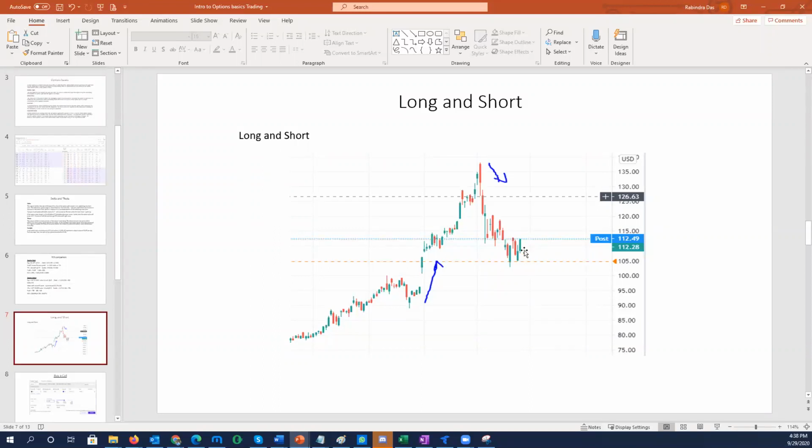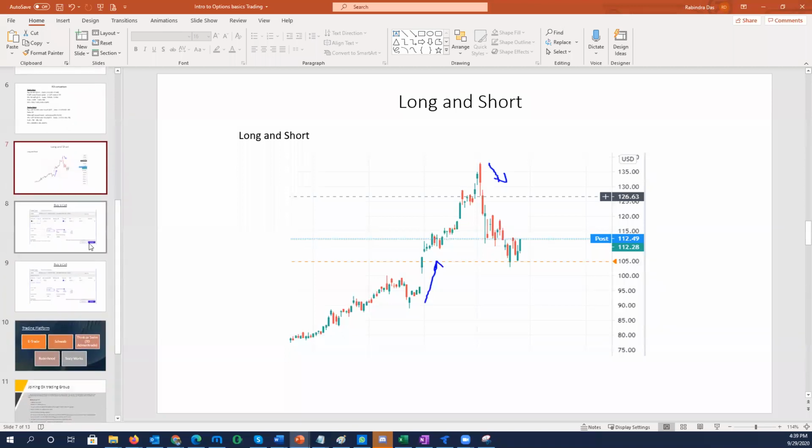and just wait for another entry, or don't short it. But right now, if some people did it at 112, they already made money on the 116 or 17. Again, it was down a little bit today. I have to check that. So it was, I think, 114 today. So already it's up. Okay. So if somebody got it here, they are already up 2 points or 3 points. Okay. So that's the way. So it is long and this is short. Okay. Just a little bit clarifying your doubts.